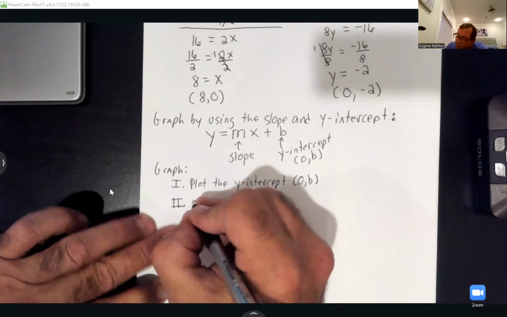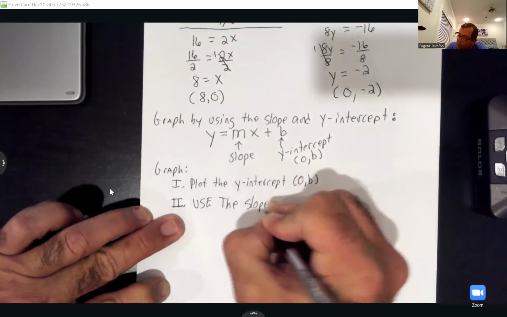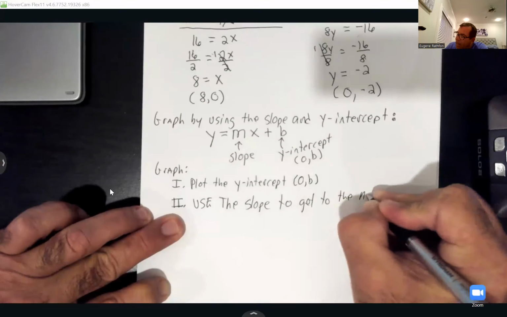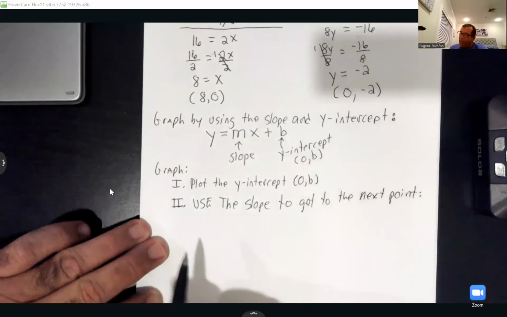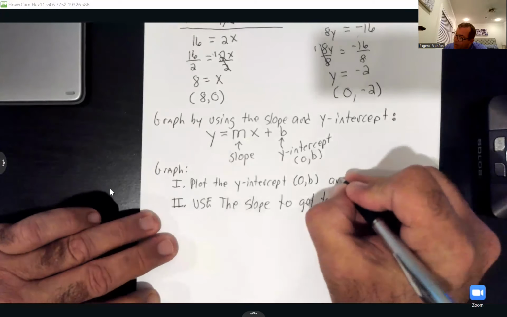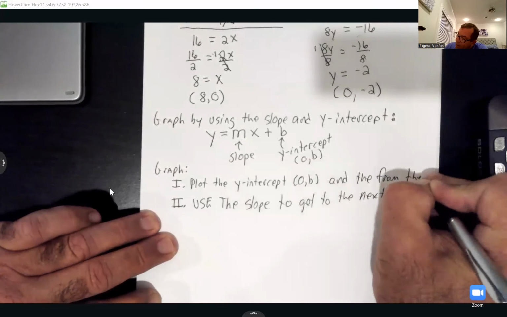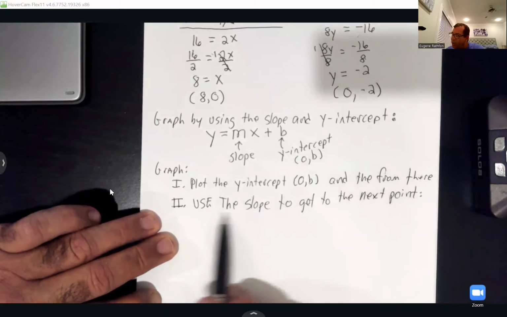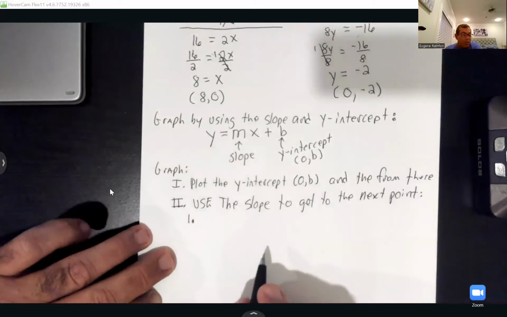Now, we're going to use the slope to get to the next point. So I'm going to plot the y-intercept from there. Okay. From there, we're going to use the slope to get to the next point. So the first thing we do using the slope,